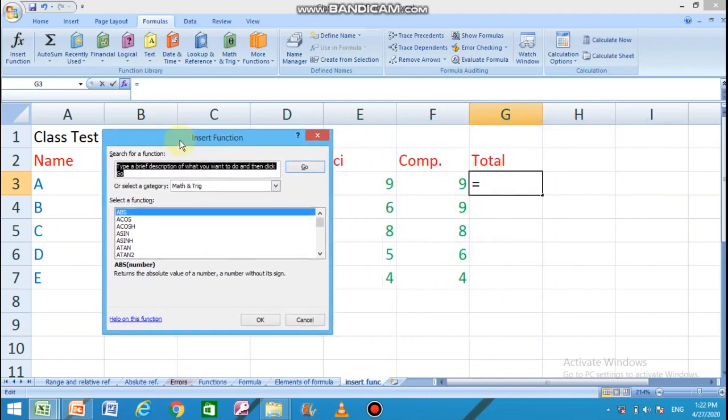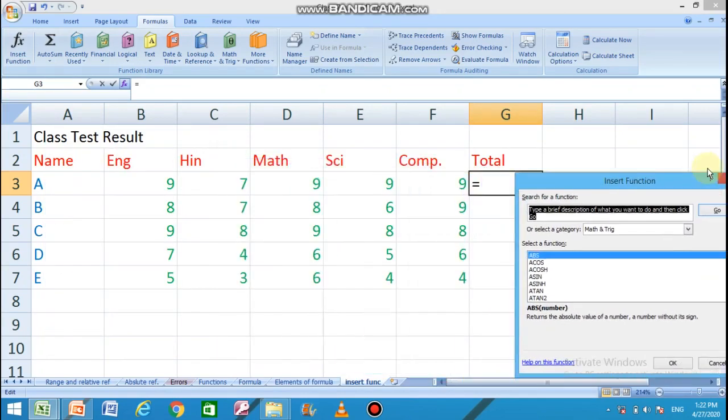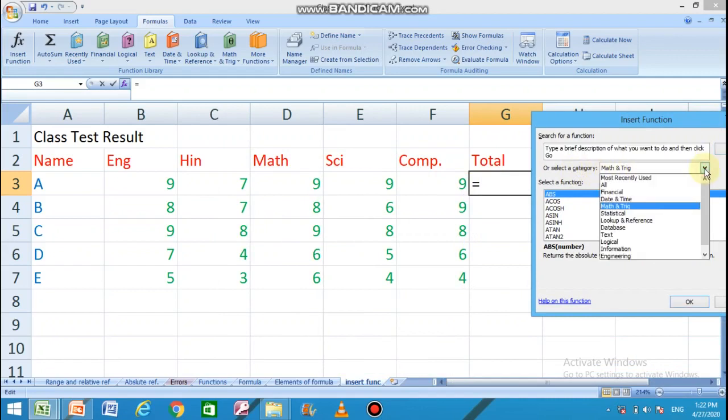Because I wanted to apply the addition process, I must select a type of function from the select a category button. The type of function is math and trig because addition is related to maths.